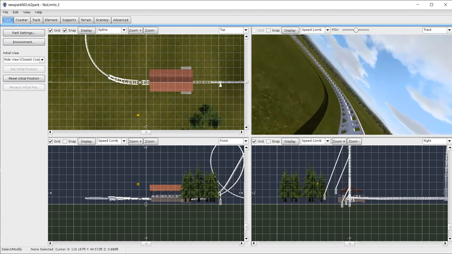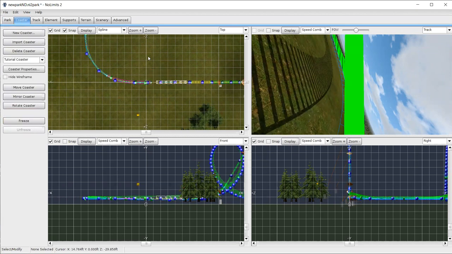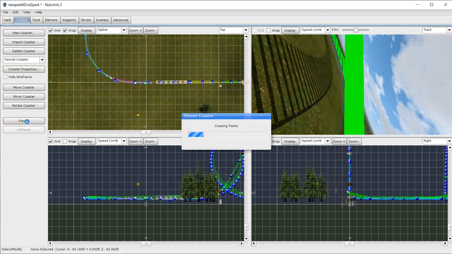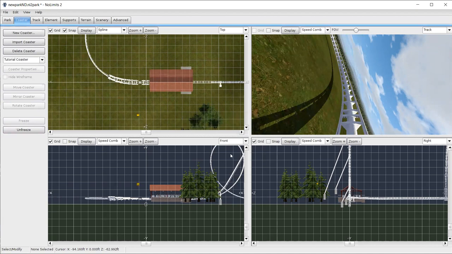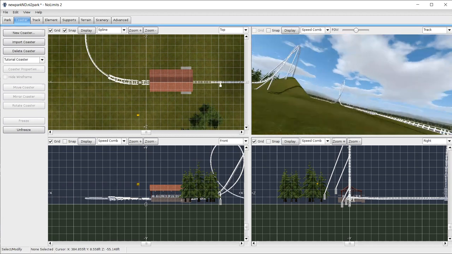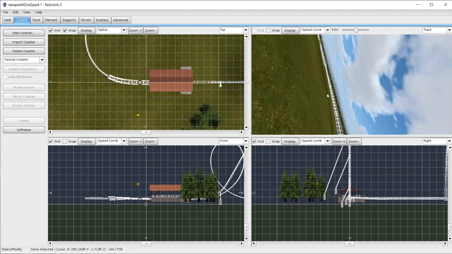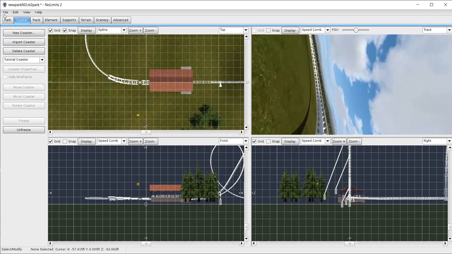I must be an idiot, but how did you get rid of the wireframe? Oh, how I got rid of the wireframe. Thank you for bringing that up. That's what you do is you go to the coaster tab. When your coaster is in wireframe mode, like it's editable, you can hit freeze coaster. What that does is it kind of finalizes the changes you've made so far and shows you a POV kind of visual of what the coaster would look like, track supports and all. Thank you. Okay, yeah, so once you've frozen it, that's when you can save and, well, with the paid version,